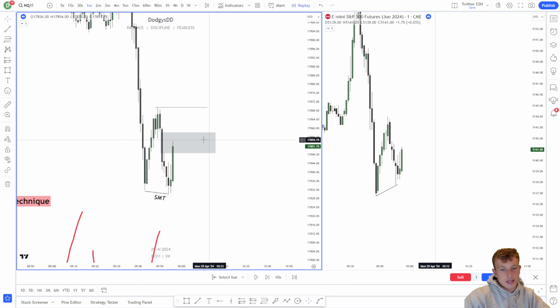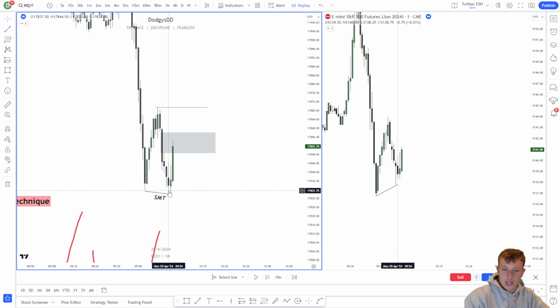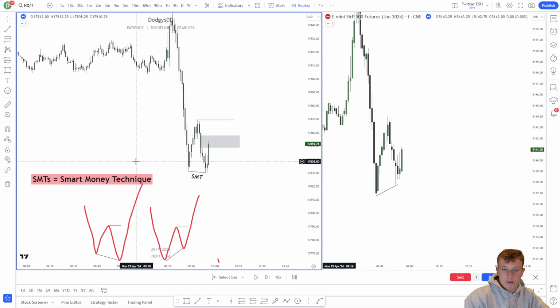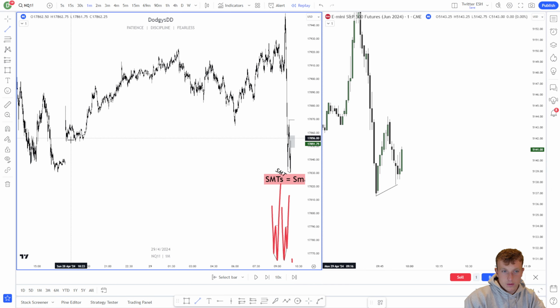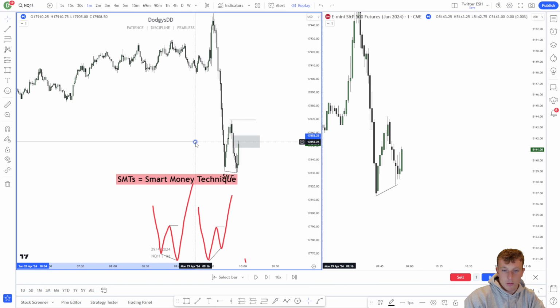We know from ICT that it does not make sense to reject this gap. Why do we know that? Because of all the three confluences I just told you. We kind of have an SMT. We are very low, so it wouldn't make sense to keep rejecting this. And we swept a bunch of these lows over here. Because we already swept these sell stops, does it really make sense to keep going down to sweep more